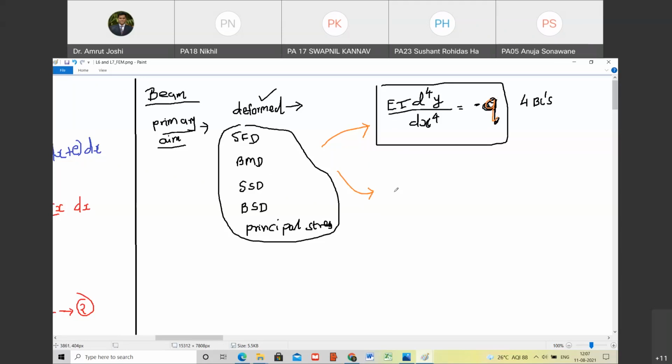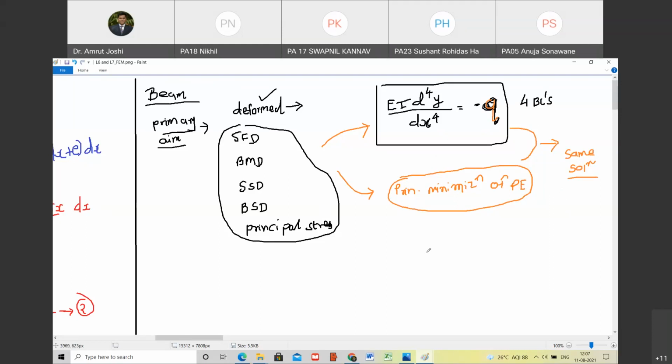Another approach is to apply the principle of minimization of potential energy. Are you with me? Yes, sir. It is going to yield the same deformed shape. Now the onus of proving that is on me. I will find out what the mistake is and I will show you that it actually gives the same deformed shape as the solution to this differential equation would have given. Are you with me? Yes, sir. These two lead to the same solution. Happy? Yes, sir.